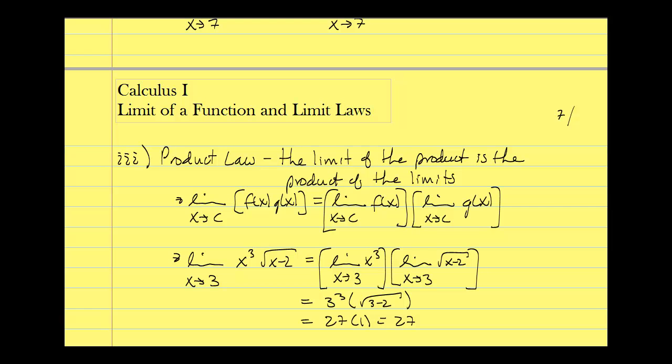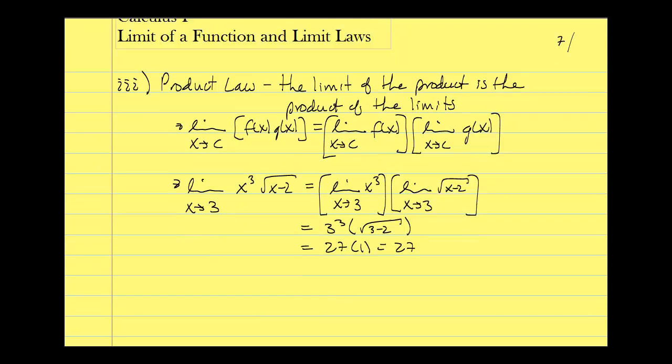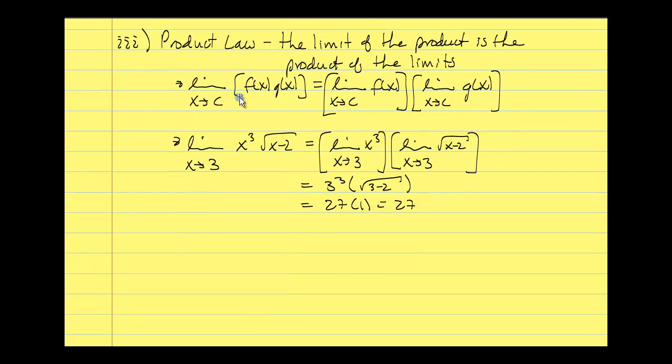Now the product law is kind of similar to the sum law. The sum law said the limit of a sum is the sum of the limits. The product law says the limit of a product is the product of the limits. And it's very similar. If I have a limit of a product, I can take the limit of each piece or each part of the product, each factor of the product, and then multiply those values to get my overall